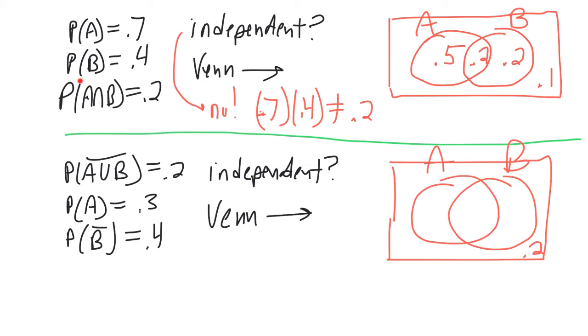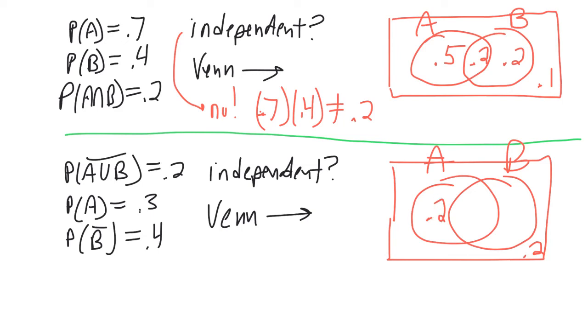Independent? Well, I don't have the right pieces parts, so I can't really tell right now. So I'm going to draw my Venn diagram first. If it's not in A or B, not in A or B or both, that's 0.2, so that's the first thing I can put. The second thing I can put is the 0.2 right here, because not in B is 0.4. Well, not in B will include this stuff out here and this stuff in here,